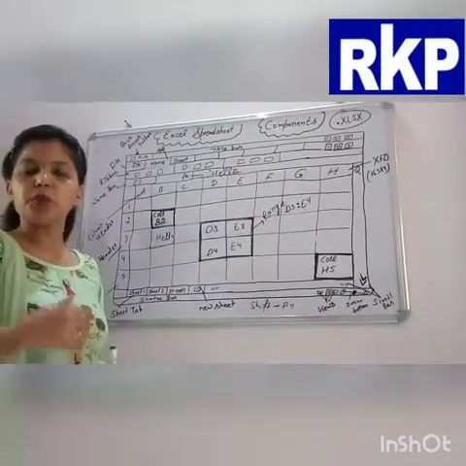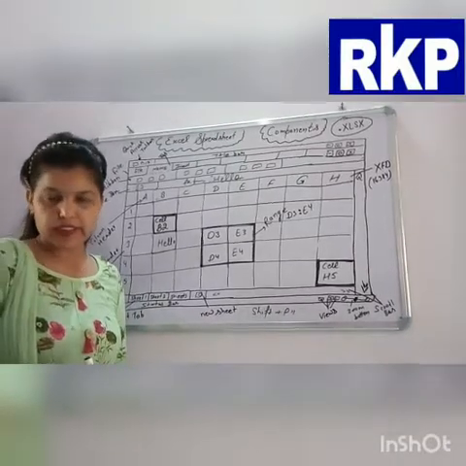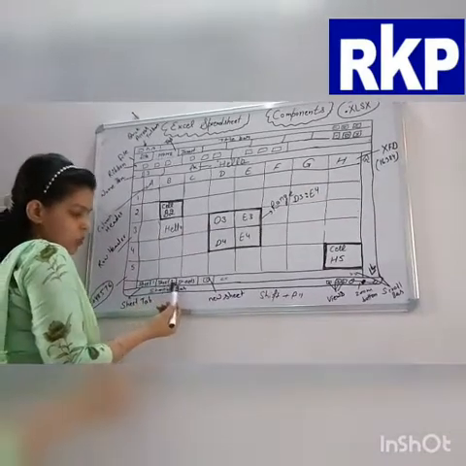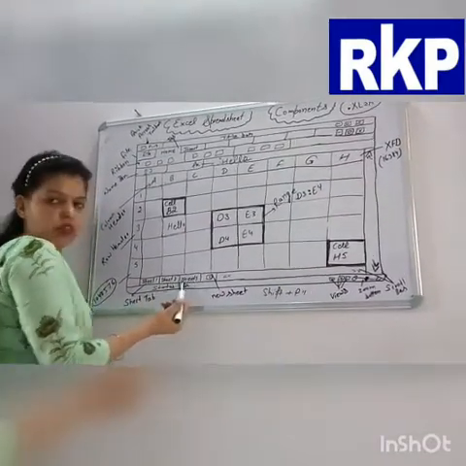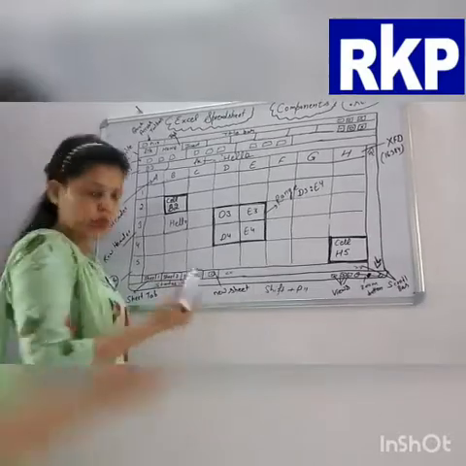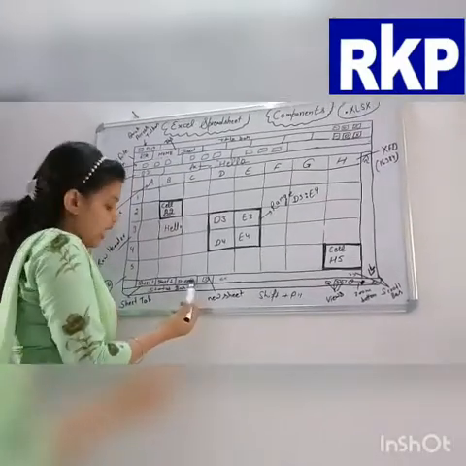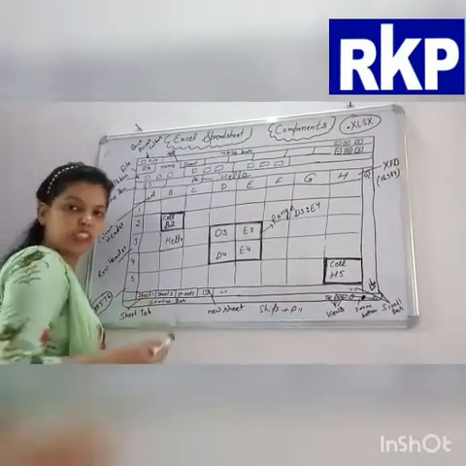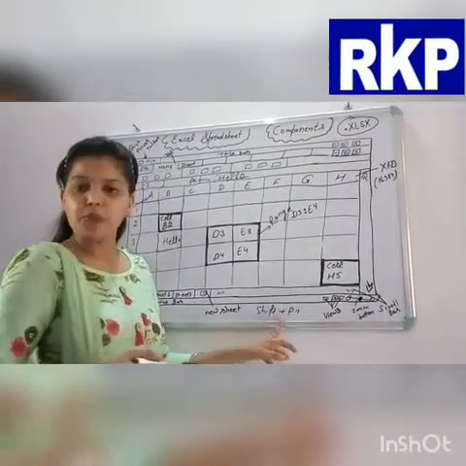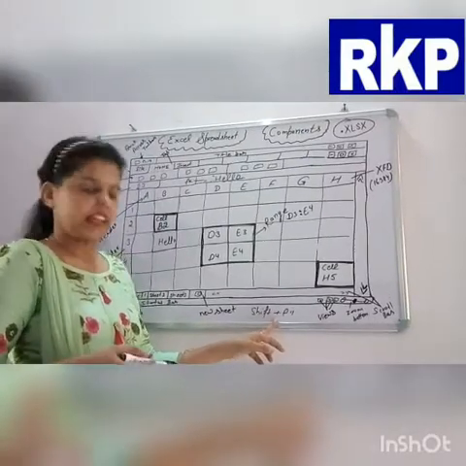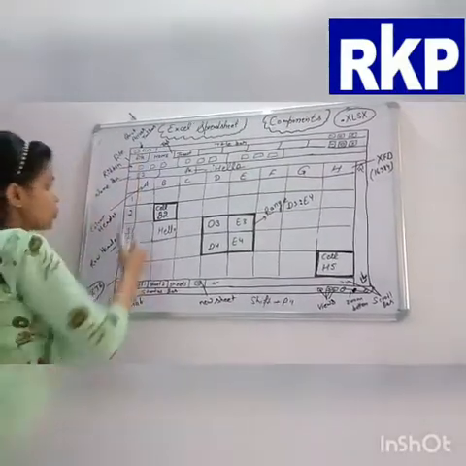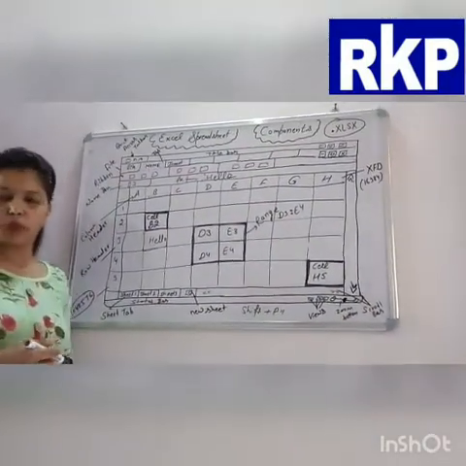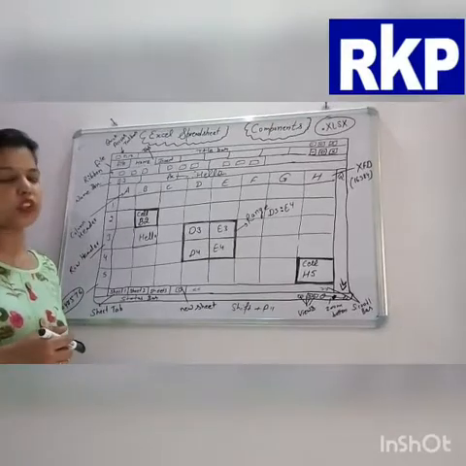What is a workbook? A workbook is the collection of different sheets, worksheets. By default you will get three sheets: sheet 1, sheet 2, sheet 3. These are tabs of the sheet. You can add more sheets by using the add button, and you can delete existing sheets by right clicking on one and choosing the delete option. You can even use the shift plus F11 shortcut key to add a new sheet. Now students, this is your sheet. So we can say the spreadsheet is the collection of workbooks and a workbook is the collection of worksheets.